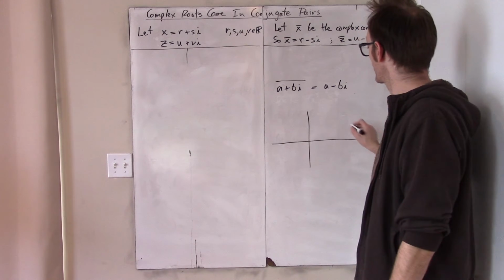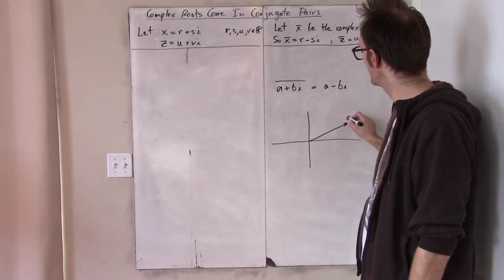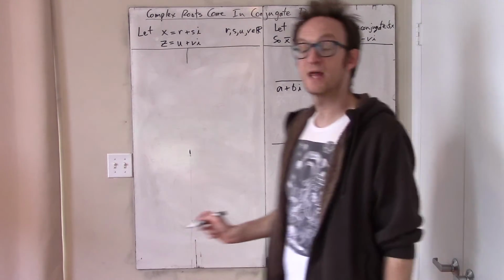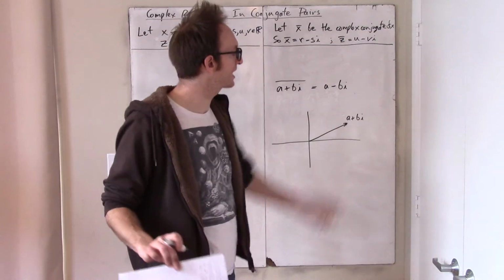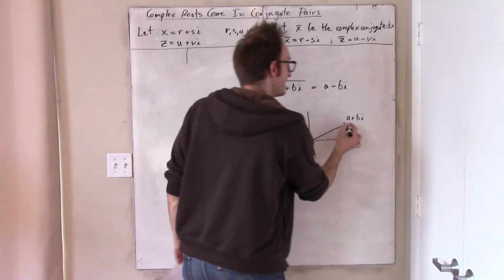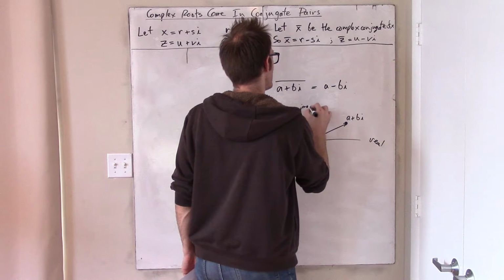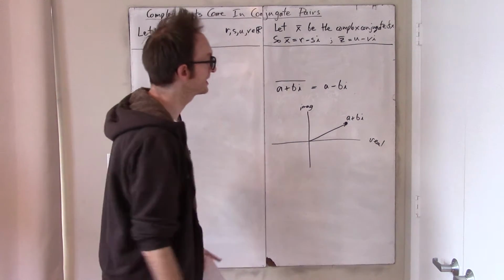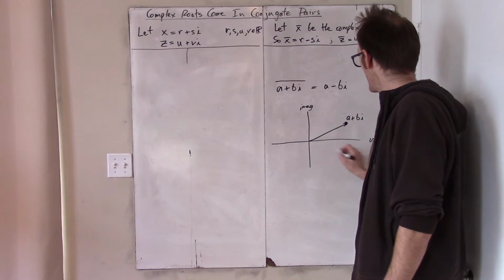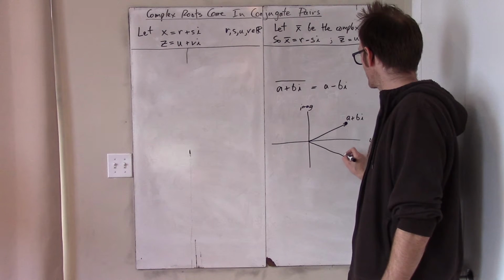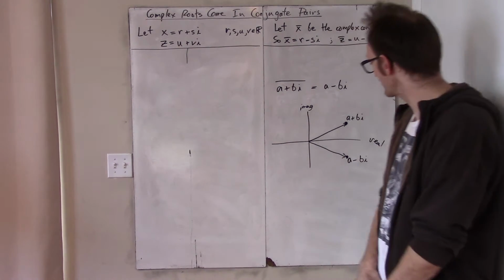If you want to do this on the complex plane, I'm even drawing it as a vector because I think of complex numbers as vectors, as I said today in class. If that's a particular complex number, a plus bi, here it is on the complex plane where this is the real axis and this is the imaginary axis, then what does the conjugate look like? Well, it's just over here. And I think there's actually something kind of deep going on here, and I might not be getting right exactly to the heart of it, but